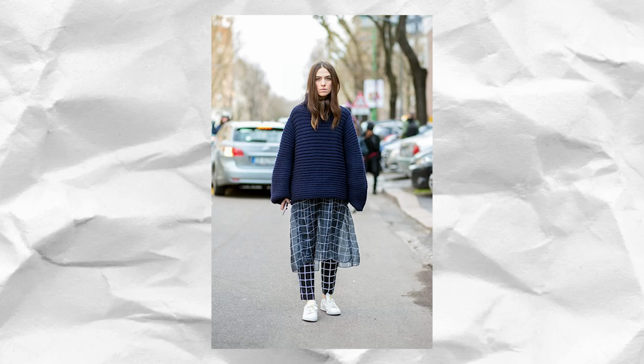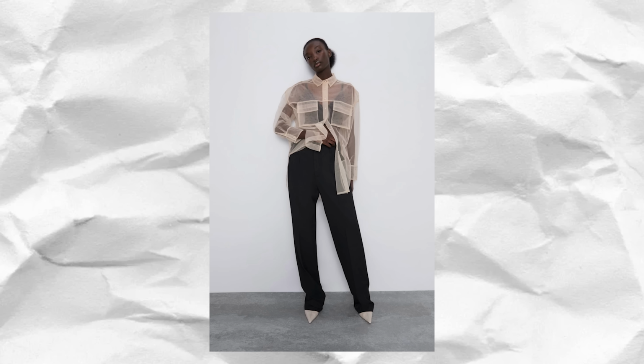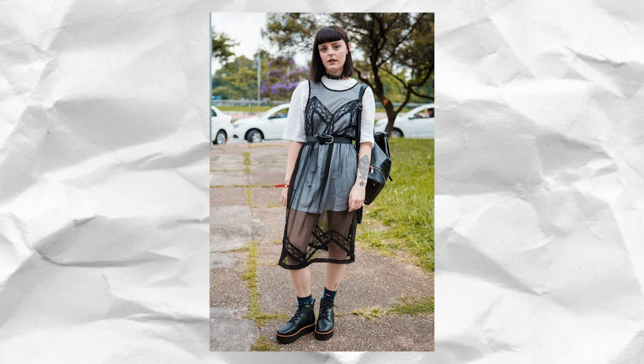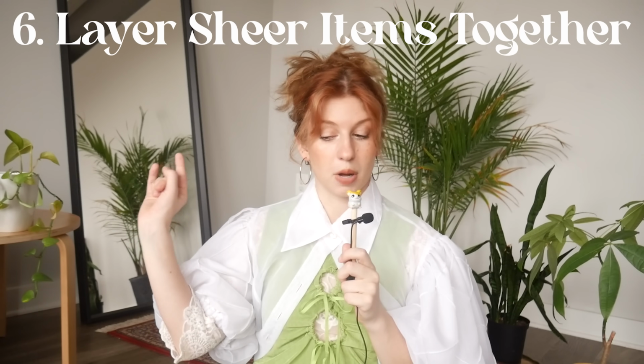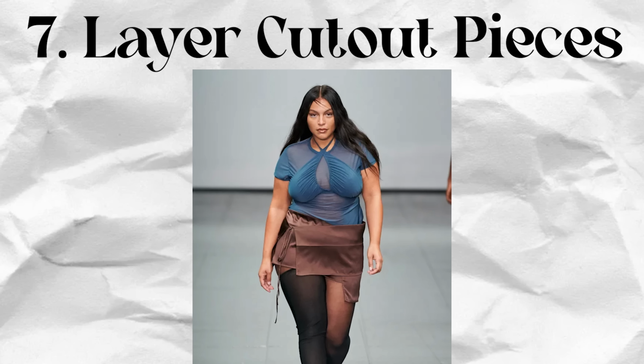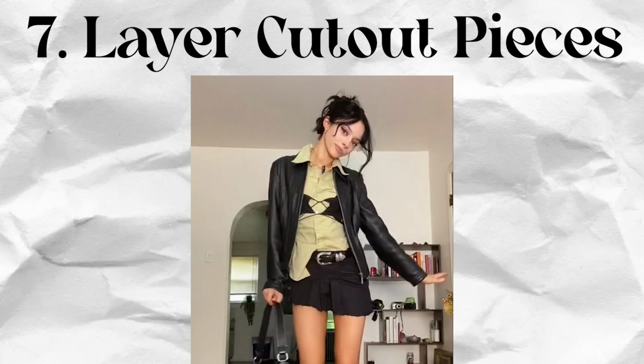pretty much anything. So my tip for this one is, if you have a flowy sheer top, skirt, dress, literally just try it on over everything in your closet that will fit comfortably under it. Plus, if you layer multiple sheer items together, even better, even more ethereal. We love it. Also, pieces with cutouts in them can be used very similarly to sheer pieces because you can see through them. So for example, I also have this cutout top here, and then you can see my lace